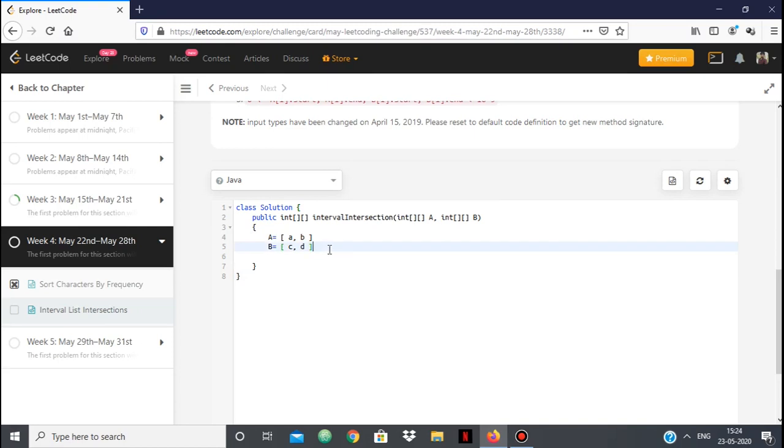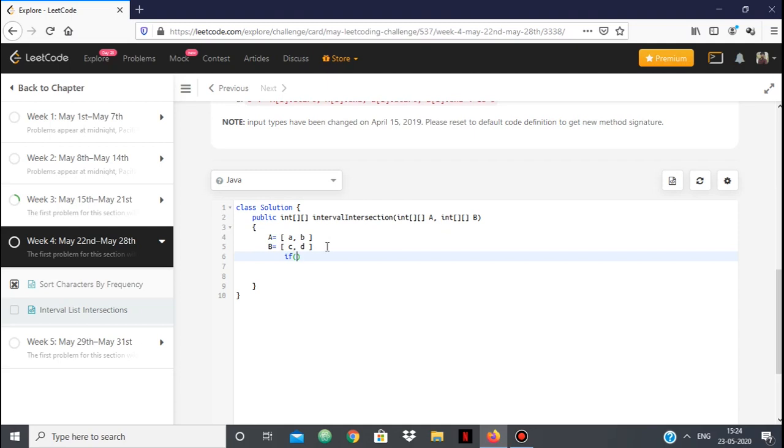So how do we find the intersection between A and B where each has only one interval in their list? First, what will be the case when there is no intersection? If the starting point of A is after the ending point of D, then there will be no intersection.